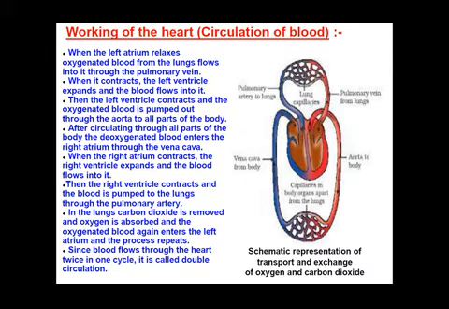Now the working of the heart: how the circulation of the blood takes place in our body and what role the heart plays in the continuous circulation of the blood. As I have already told you, our heart is divided into 4 chambers, the upper 2 chambers known as the atria and the lower 2 chambers known as the ventricles. So whenever the left atrium relaxes, as you can see over here, the oxygenated